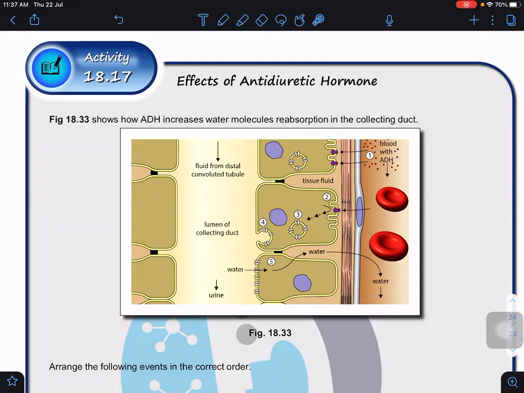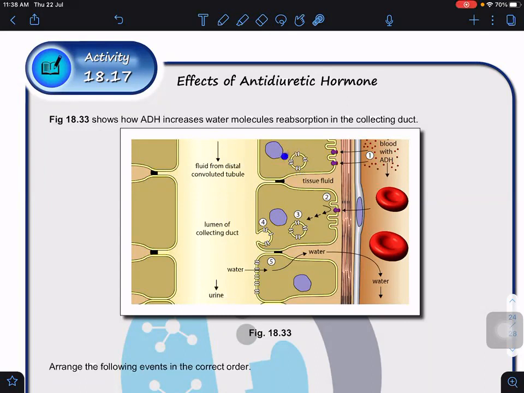So when you bind to this receptor, okay, remember the ADH receptor is also a kind of G protein coupled receptor. So it means that what we learned in the glucagon and also the adrenaline, basically we can apply it here. So there is a change in the shape of the receptor, which triggers the G protein. So the G protein is going to activate the adenylyl cyclase, the enzyme which will catalyze the conversion of ATP into cAMP, and the cAMP is the second messenger. So this cAMP is going to activate a series of cascade activation processes, and this series of events will cause